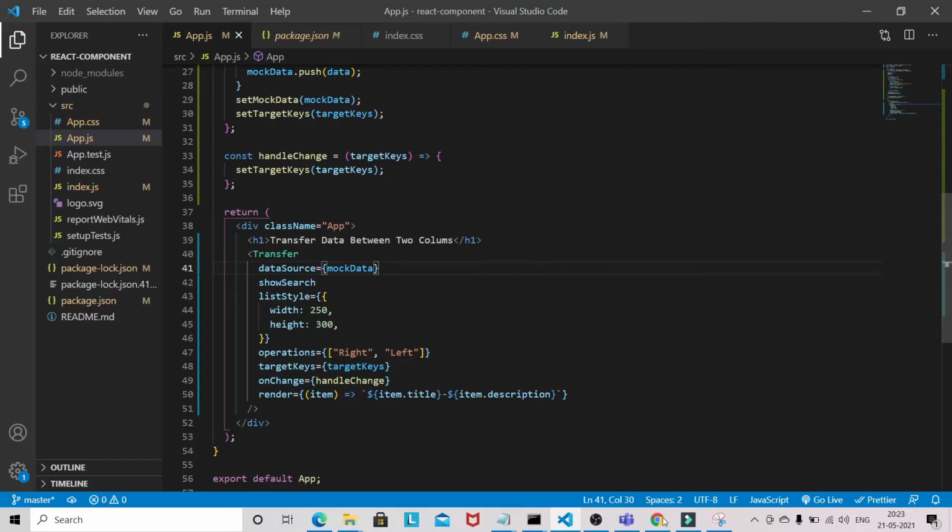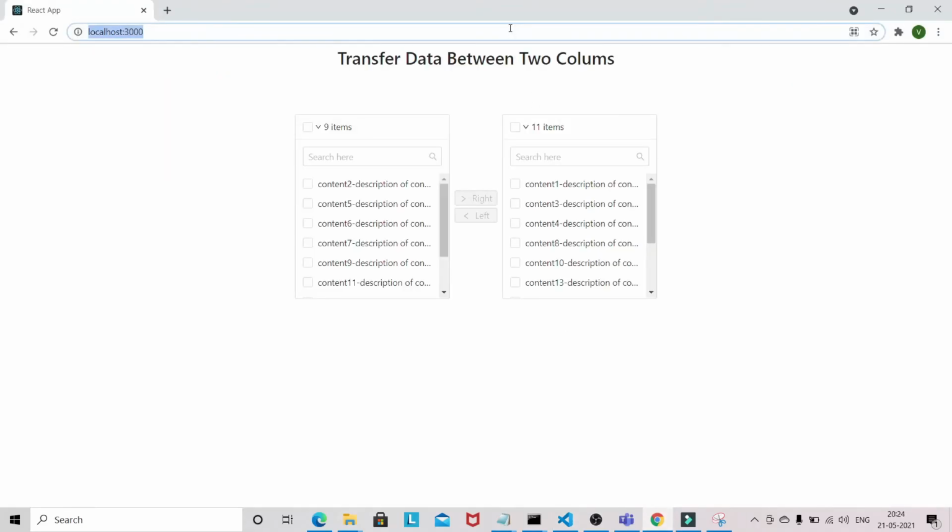Now you can see our Transfer component is built. You can move to the right, you can move to the left, and you can see this is also getting changed.